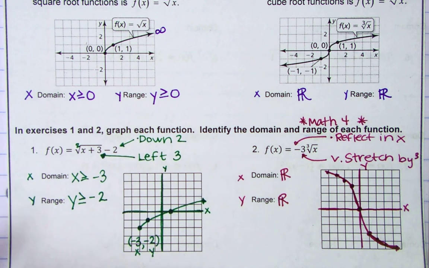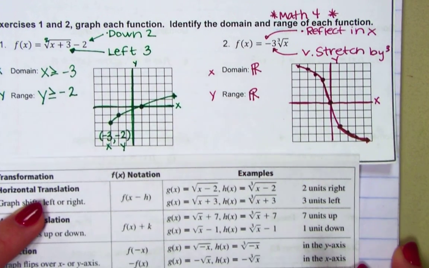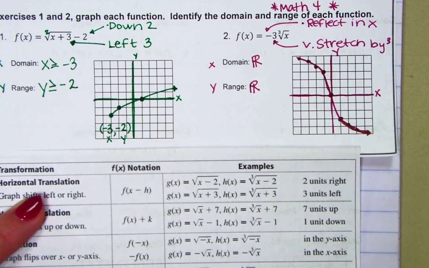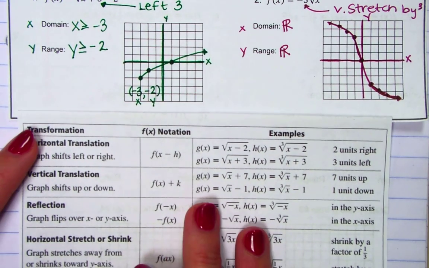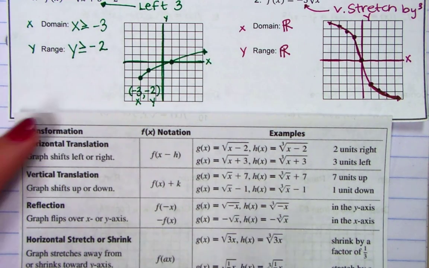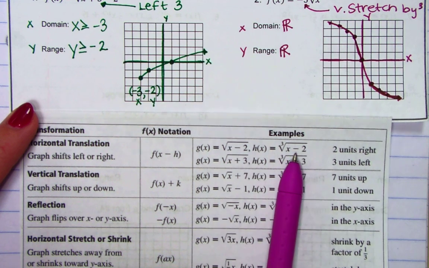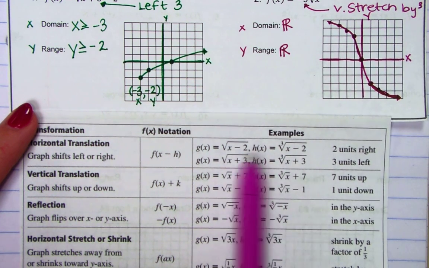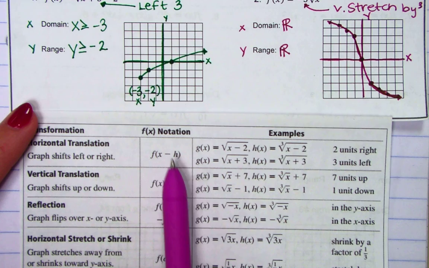Right, then at the bottom of the page, I'm going to be gluing this little paper that we cut out. Okay, this one, and hopefully it looks familiar to you. We've had it several times. It's the same chart that we've already had, only this time it's with square roots and cube roots. Okay, and it shows what they look like. But we've seen this a bunch. This is a good example where it tells you what the f of x notation is. Like if it's inside,